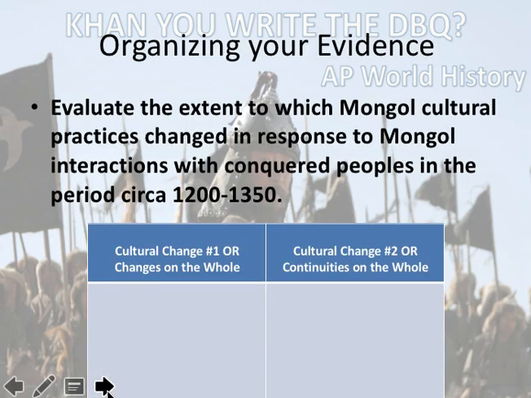So when you organize your evidence for this question, remember we said before, you're going to have a body paragraph either on a set of changes, and then another body paragraph on another set of changes, because the question is asking me specifically about change. Or I could have a body paragraph on changes and a body paragraph on continuities, because it's evaluating the extent, how much. You can say they didn't change at all if you want to. You can say they lived in their yurts and then they lived in their yurts. It's a continuity there.